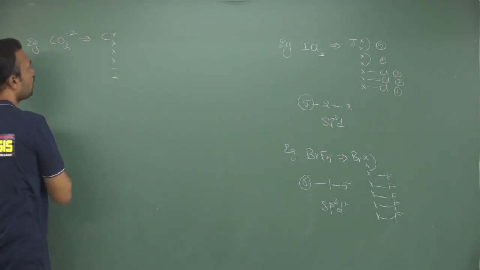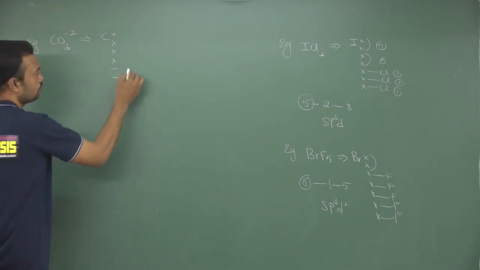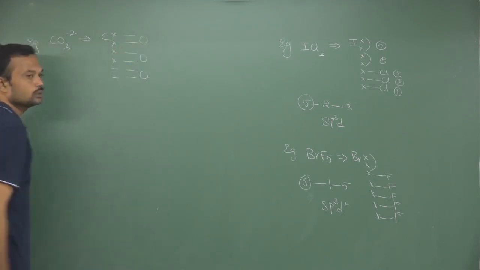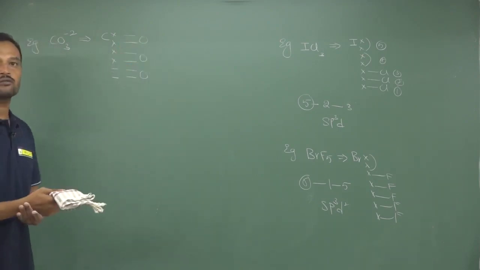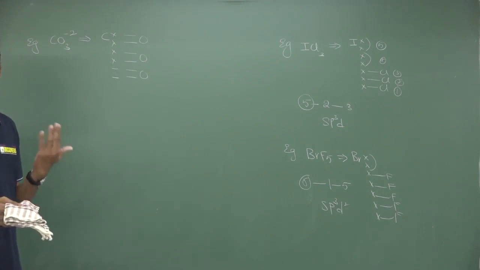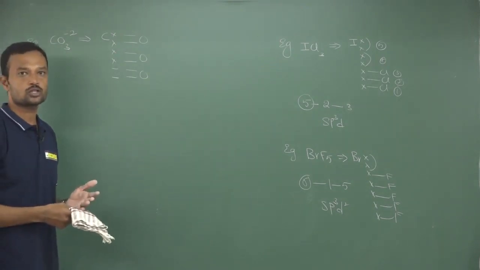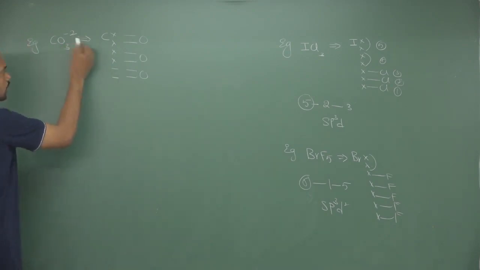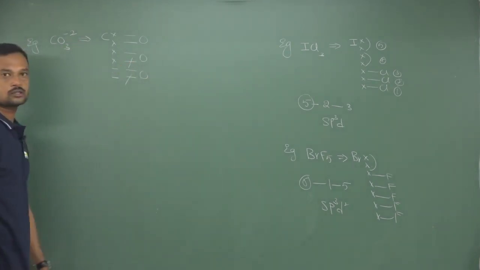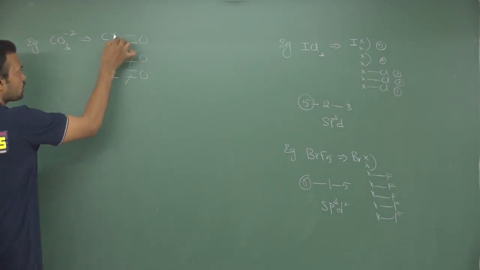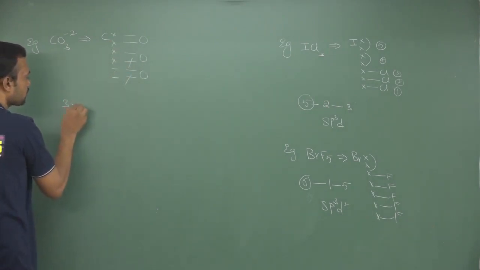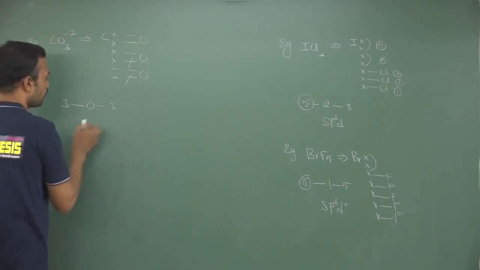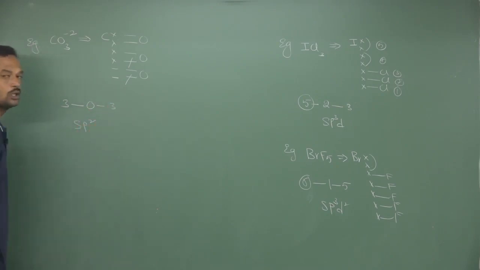So here we know oxygen has a divalency. So you write down a double bond O, and here one more double bond O. Always remember, oxygen having a bivalency or divalency will attain the octet electronic configuration only if it takes 2 electrons from the central atom. And here minus 2 is there, so for the double bond oxygen you just convert it into a single bond. So total number of pairs is 1, 2, 3. 3 pairs are present, no lone pair, but 3 are completely bond pairs. So finally we can expect a hybridization of sp2.